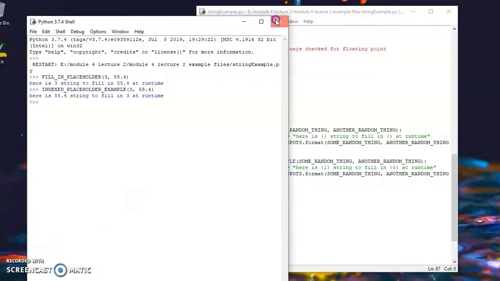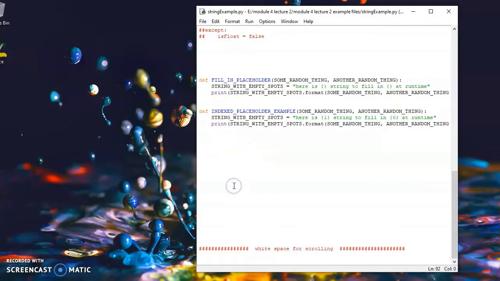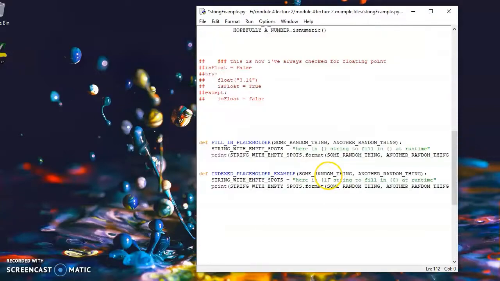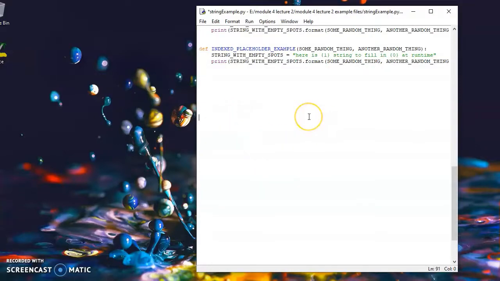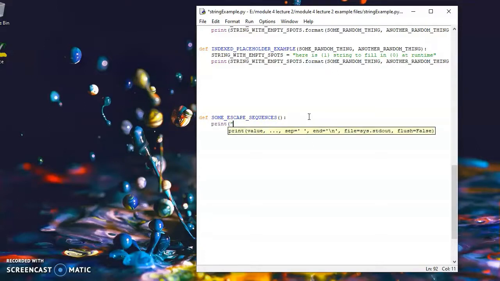Okay, the next one here, close that to get out of the way. Next one here, we've seen these a couple times. I just wanted to make sure and explicitly mention them in the section about strings. Defines a method called some escape sequences. We don't need any parameters on this one. And I'll just print out a string, throw in a couple escape sequences. So maybe something like, here is a new line, which I believe we've seen, \n gives us a new line,